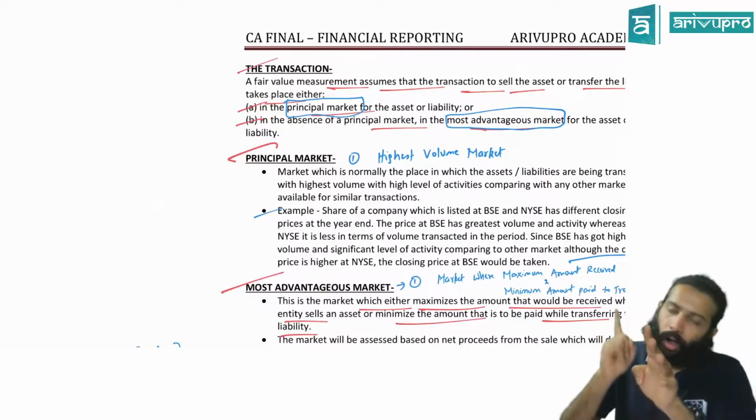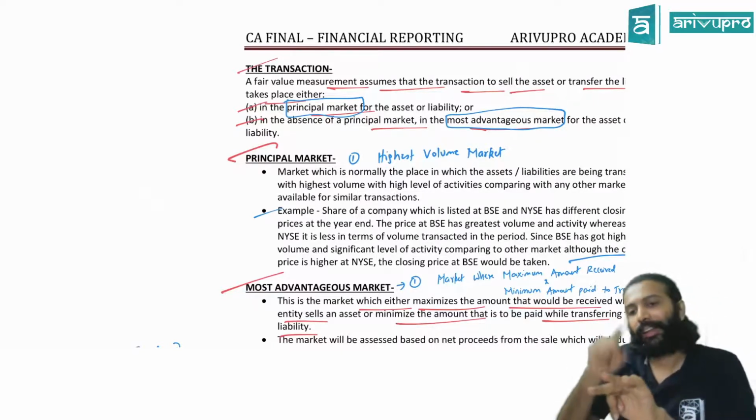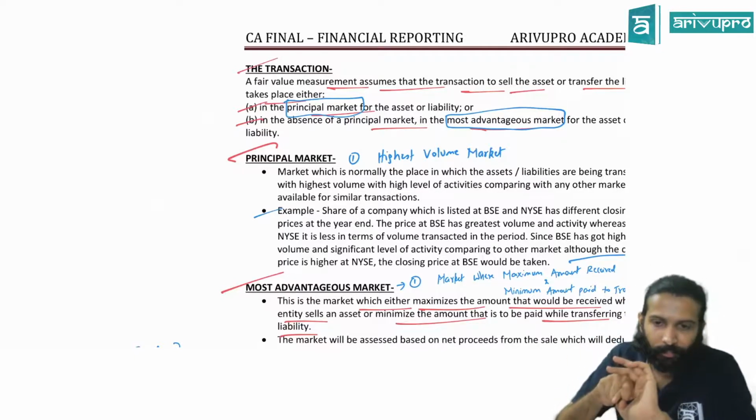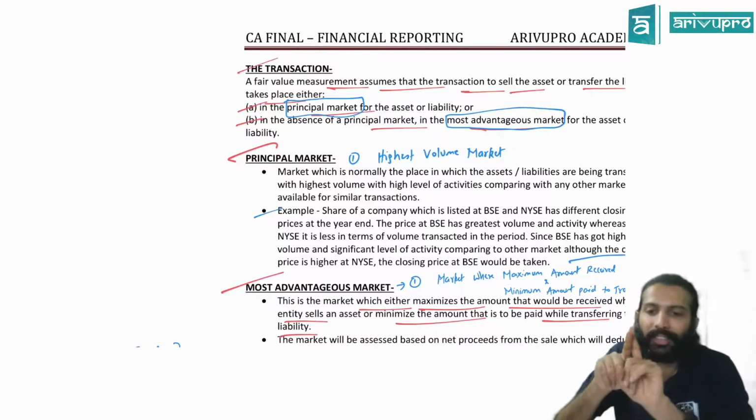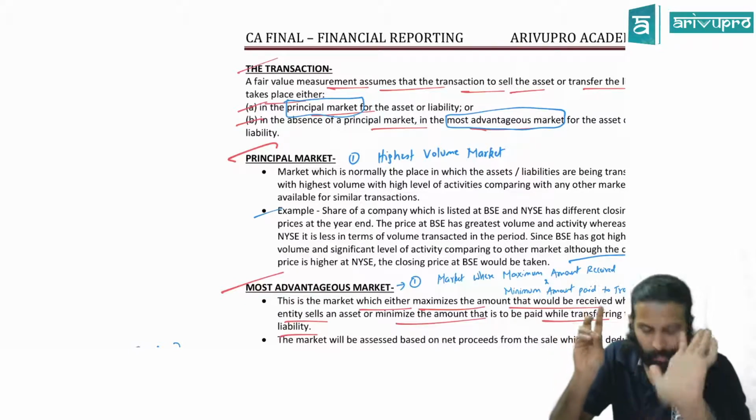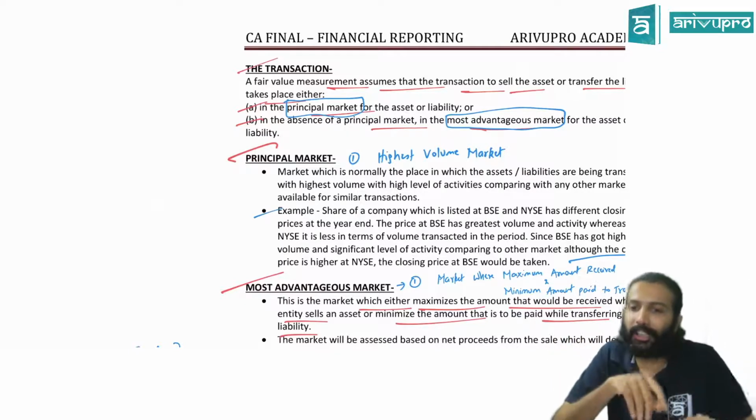Market or most advantageous. In the absence of a principal market, only then do we take the most advantageous market. Principal market means the market which has the highest volume. Most advantageous market means